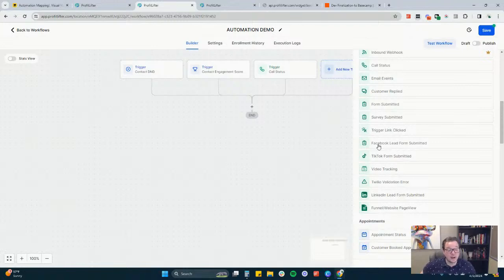This is an amazing way that once somebody has filled out a Facebook lead form, to put them inside of your automations natively. Let me explain what this looks like. When you're running Facebook ads, there's several different ways that you can collect leads. The first way, which is the one that we're all used to, is you drive them to a